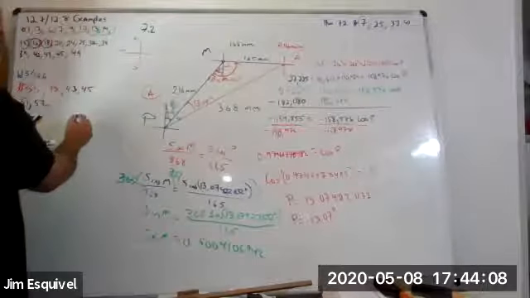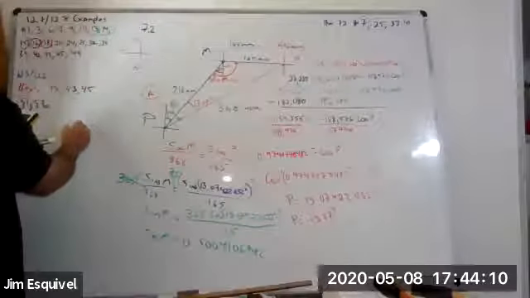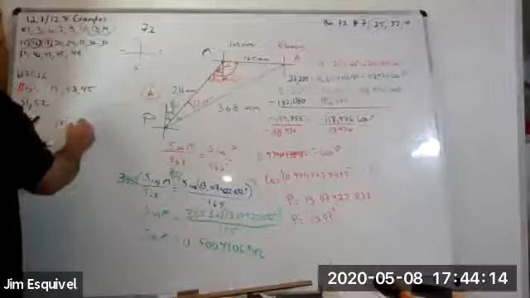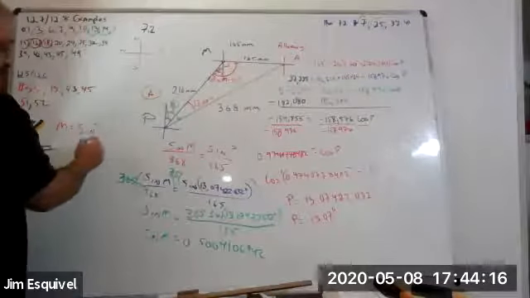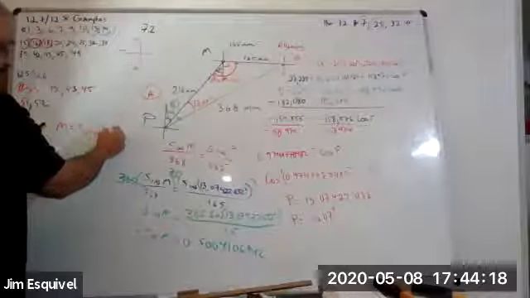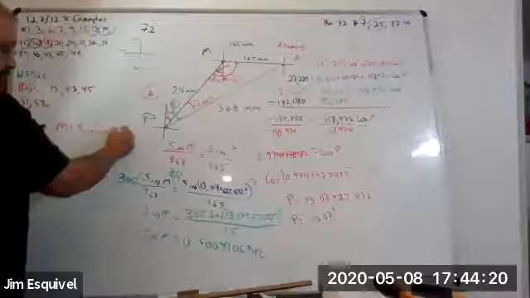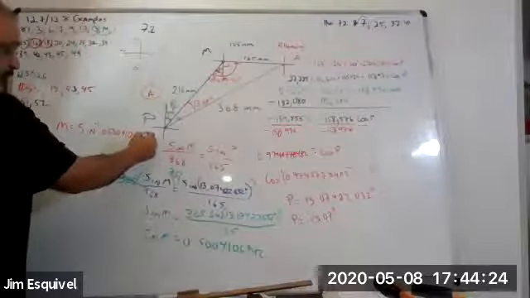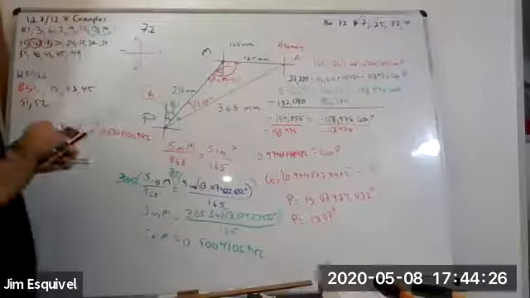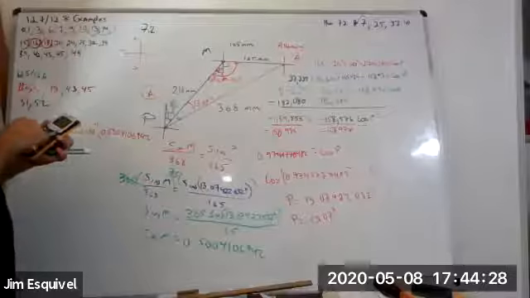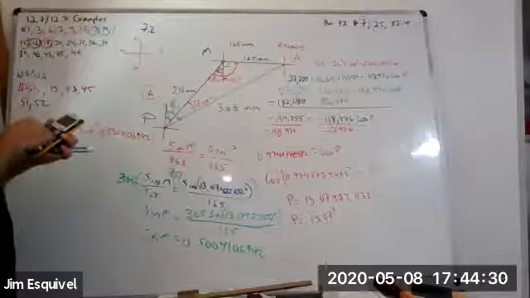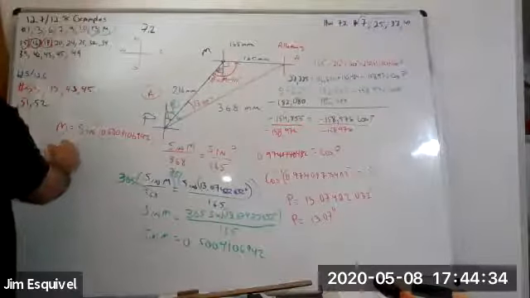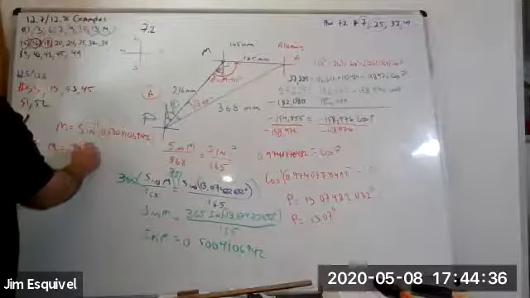So that means angle M is equal to the inverse sine of 0.5004106942. And so the measure of angle M is 30 point